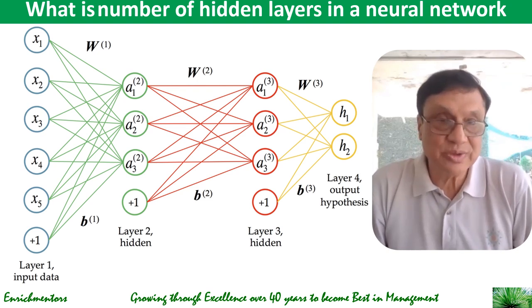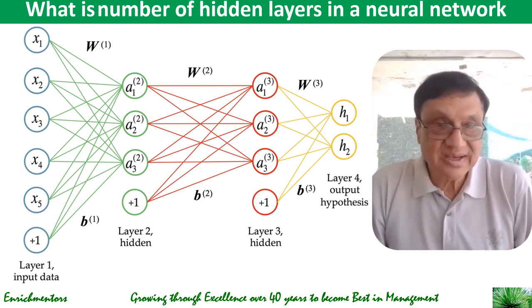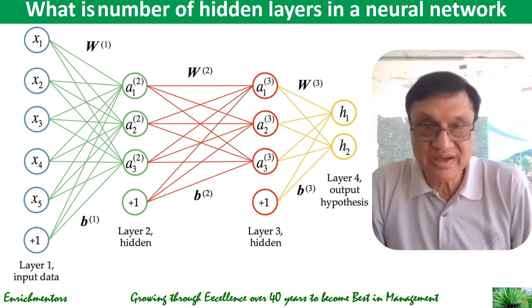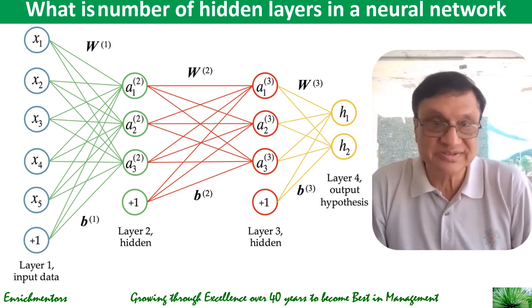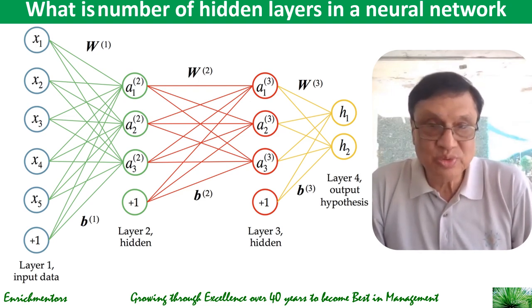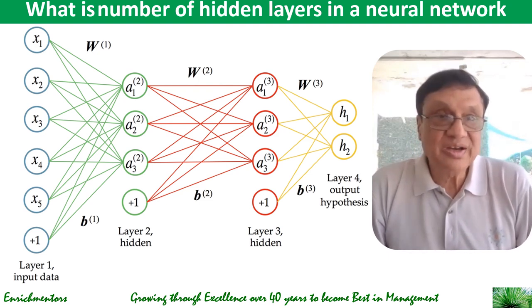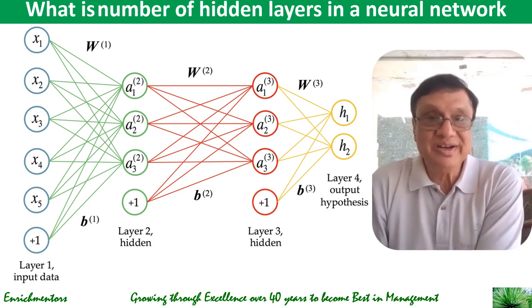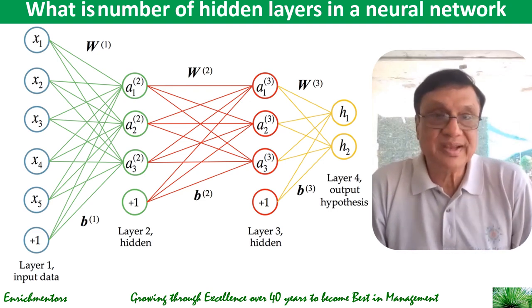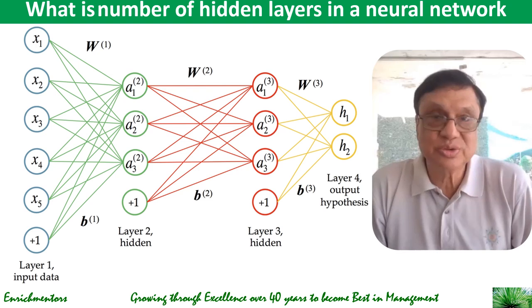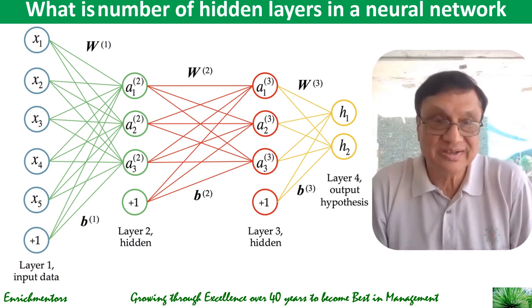As you see x1, x2, xn, there is layer 1 of input data and then there is layer 4 of output hypothesis. In between there are layer 2 and layer 3 that are hidden. In this we are showing you two layers. So it refers to the number of layers between the input and output layer, where the data is processed through a series of transformations. The X data is